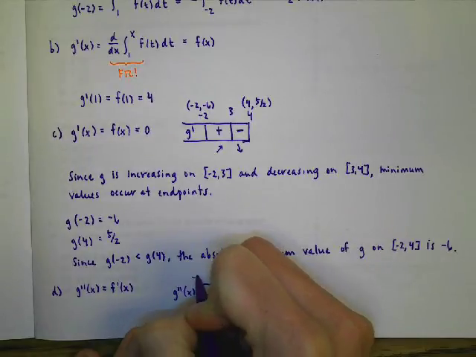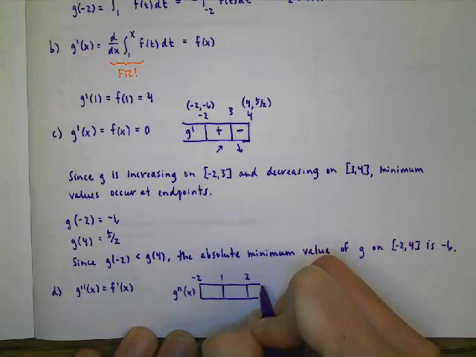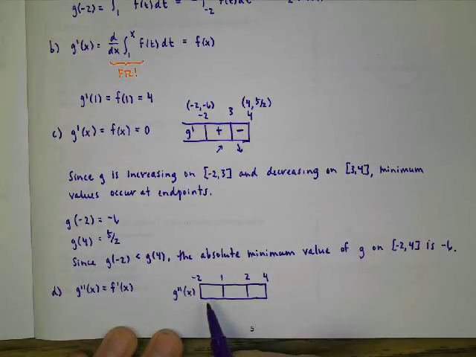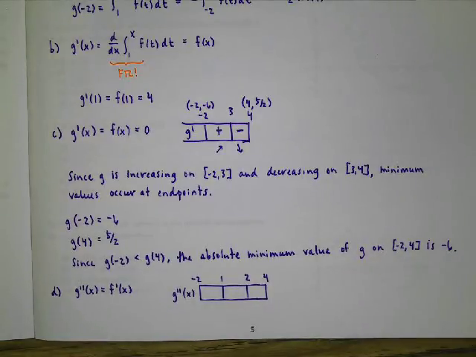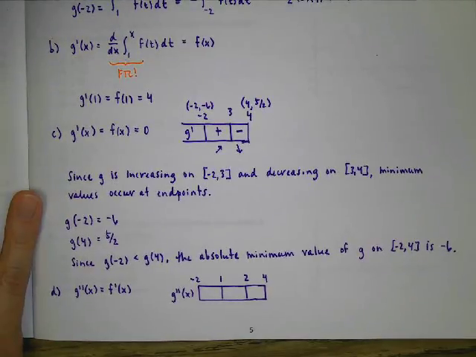Let's say I've got my endpoint, so -2. We know we're undefined at 1, and we're undefined at 2. And so I need to see if we actually change concavity at those points to determine which one is a point of inflection. So if I'm looking at g double prime, which is f prime of x, I know that